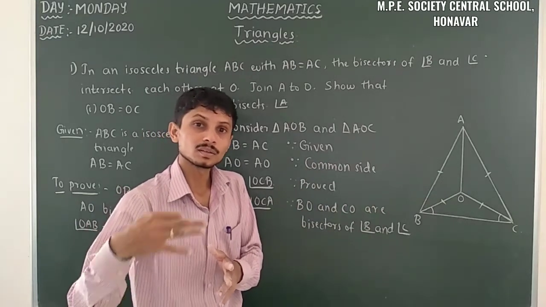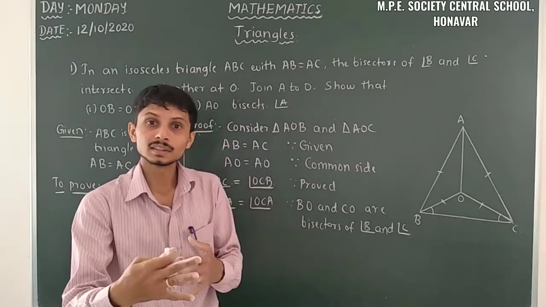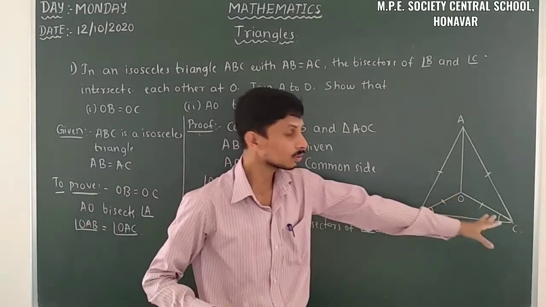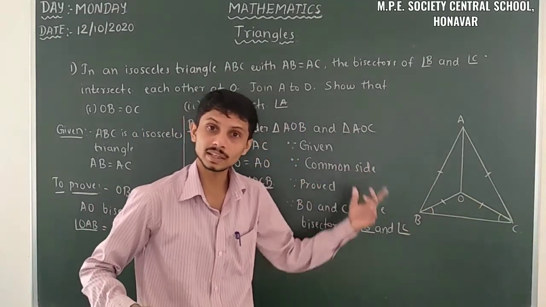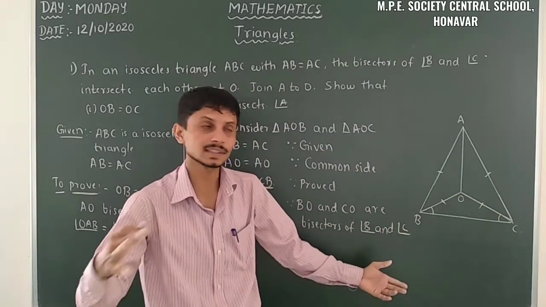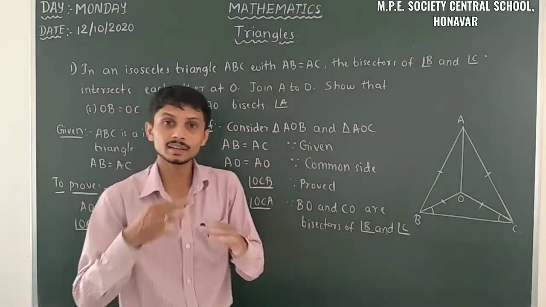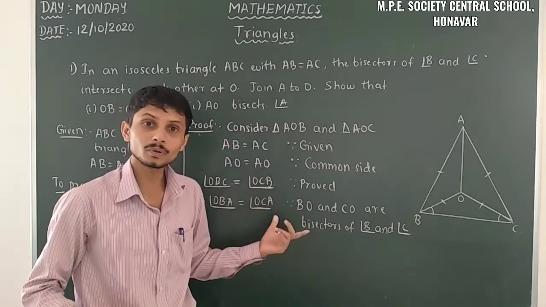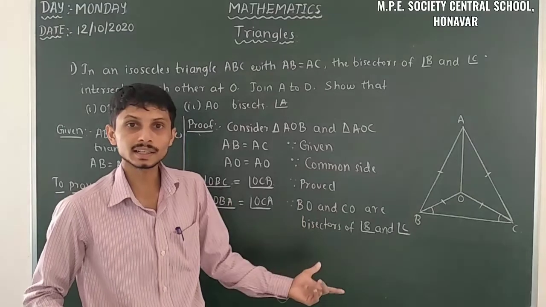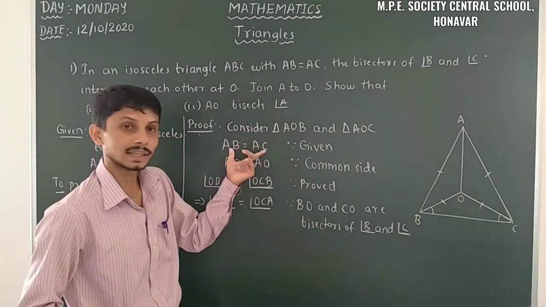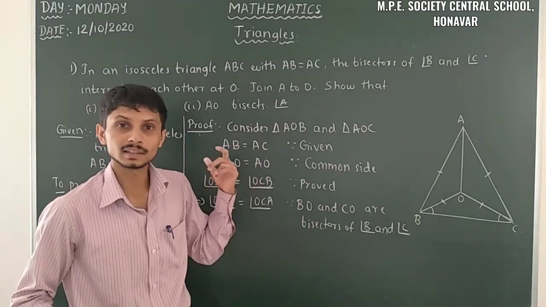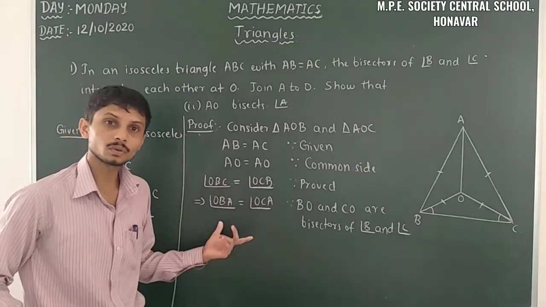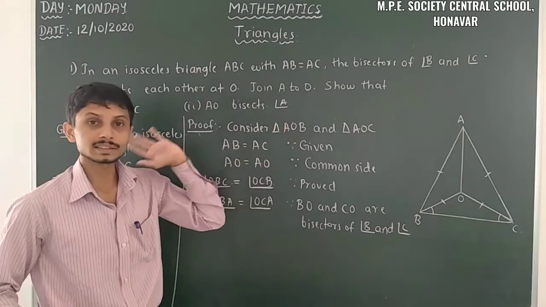After this concept we have taken that one. So here BO is equal to CO, also this is there. So we can take it as the SSS criterion, the side criterion. Also we know about the SAS criterion and ASA criterion. That's why I am taking the SAS criterion. So from this SAS criterion we know that those two triangles are congruent.